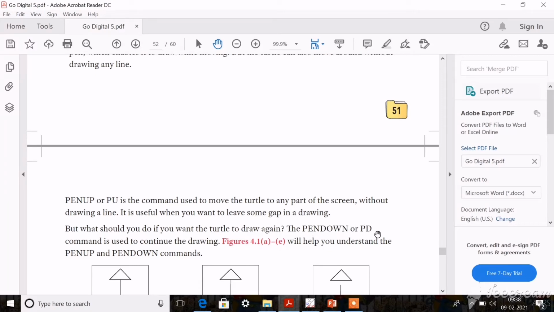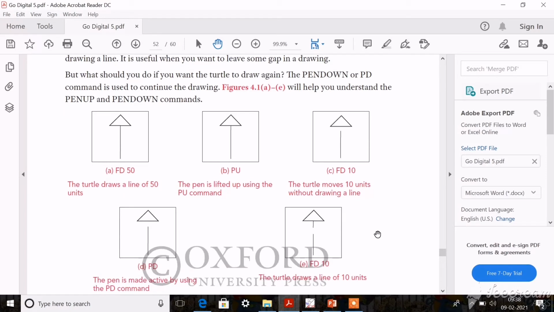Okay, so look here in this example, fd50, if you give, your turtle will go in the upward direction. Okay, forward direction. Then you are giving this pu means pen up, then your turtle will be lifted up. That is not visible externally, but after, when you give the next command, it will be visible.